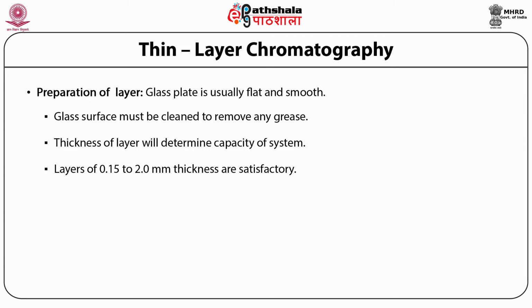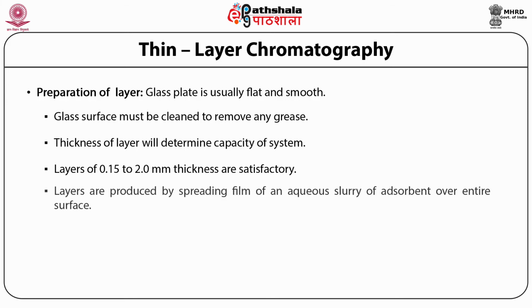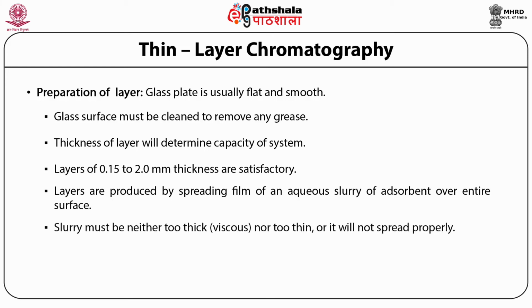The primary concern is to obtain a layer of uniform thickness. Most thin layers are produced by spreading a film of an aqueous slurry of the adsorbent over the entire surface. The slurry must be neither too thick nor too thin, or it will not spread properly. Silica gel G, which contains 10 to 15% calcined calcium sulfate mixed with about twice its weight of water, makes